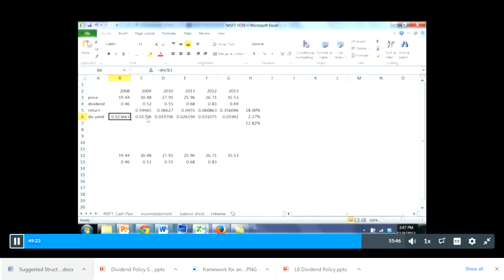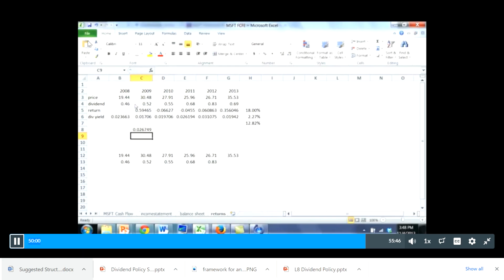Just want to break that out. And of course, the dividend yield is the dividend divided by the price. Right, maybe not exactly the right way to do it, because this is the dividend that I got for the year 2008, but this is the price at the end of 2008. So if I want to be a purist, I could come over here and say, okay, if I got this dividend in 2009, all of it, then maybe I purchased it at the end of 2008, so I could do this.